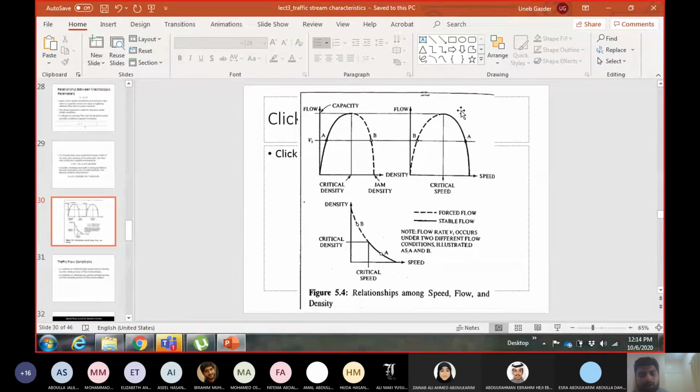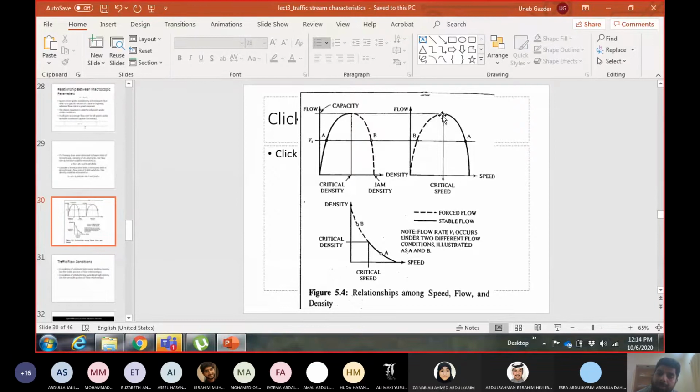Now, if you reach capacity, and we did an example 2 days ago where we reached the capacity of the system, related to peak hour factor and flow rate, sub-hourly fluctuations, then when we reach the capacity of flow, after that, if you have more vehicles coming on the road, they will start forming a queue on the road. They will start causing traffic jam. So this is the point of capacity.